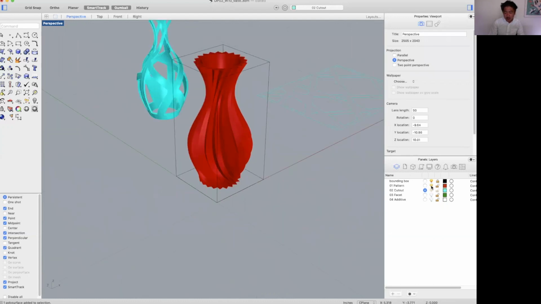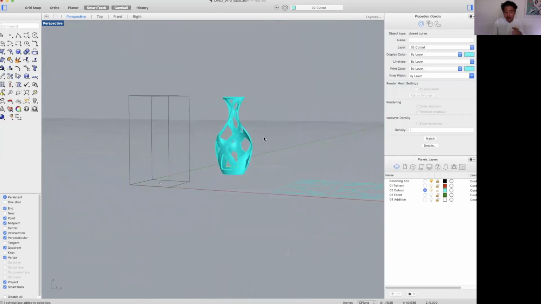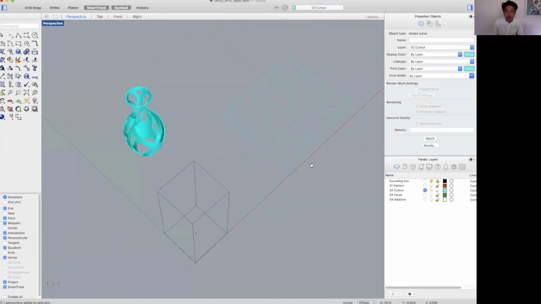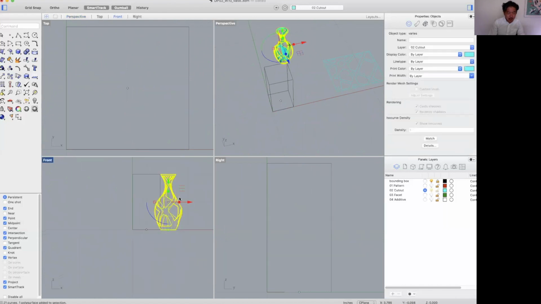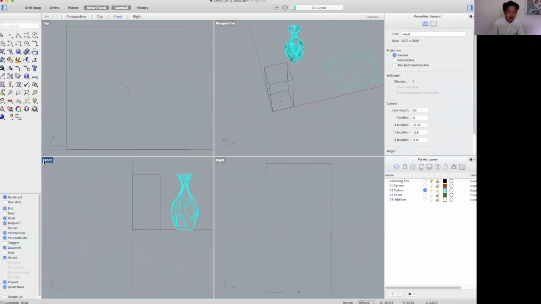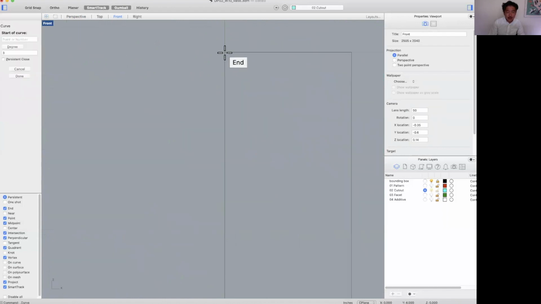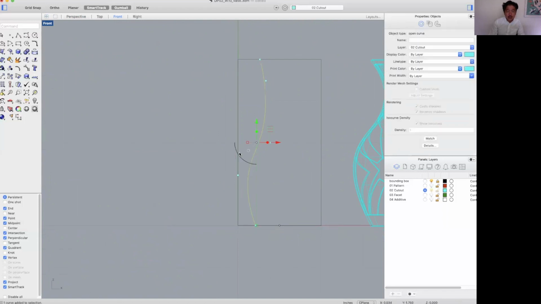Okay, let's try the next one. This one is more like a subtractive pattern of making. And we have a really nice command called apply curve. So we're going to try to get that. So on this one, what I would like to do is go to your front view and draw a profile of your vase. So it's going to be something like this, like that. And then you can record history and revolve,